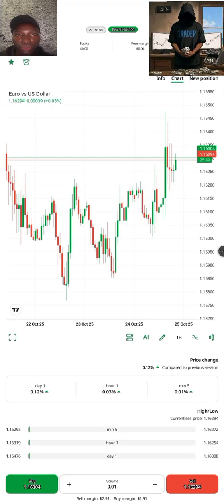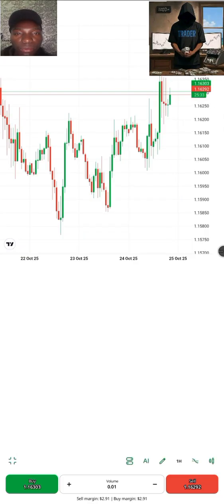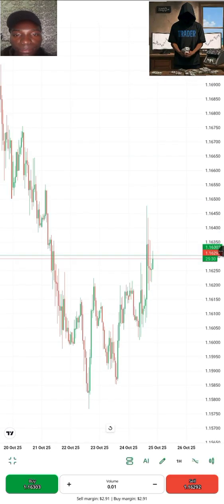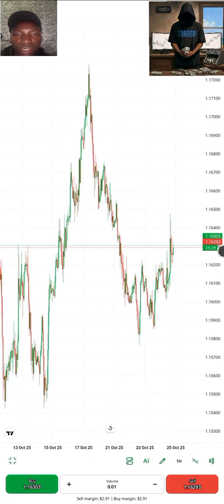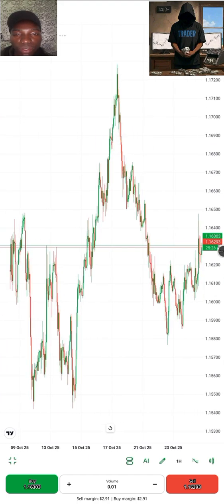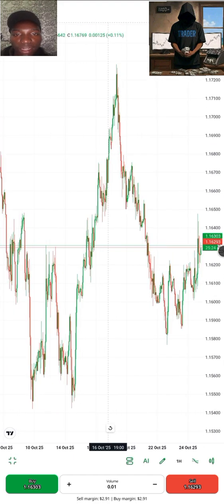Yes, Europe to USD dollars. As you can see, for now it is in an uptrend. So therefore, people who are online, you can just buy. But be very careful because there are some signals here I can just see, but they're good signals because you can just buy. As you can see, it was a downtrend, but for now it's going up. So therefore, I believe that it can